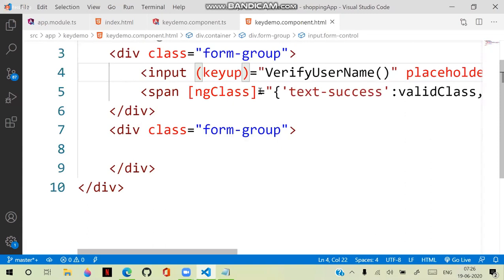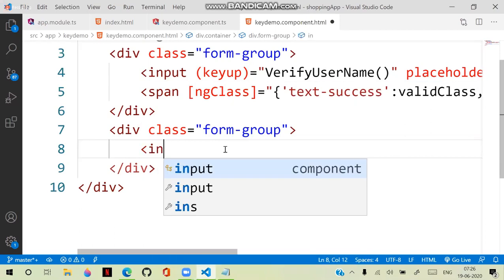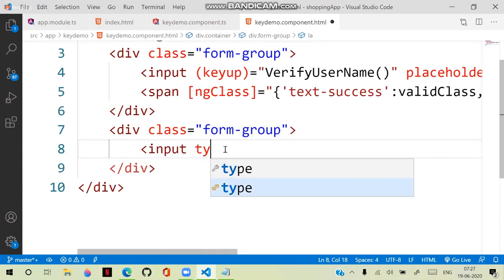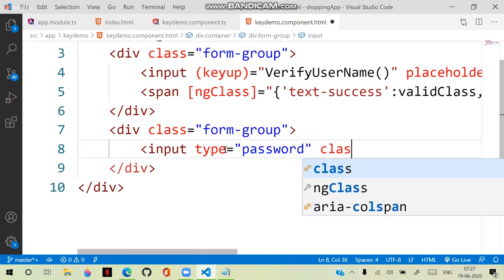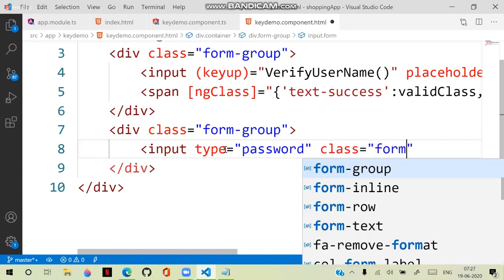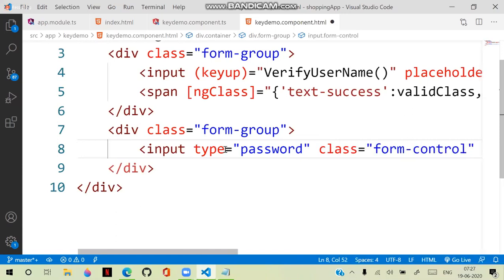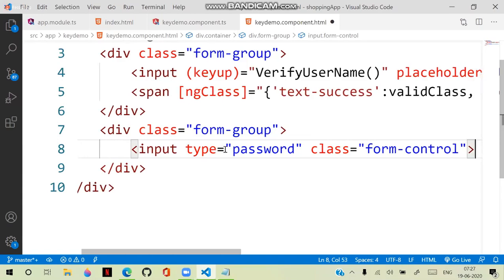And here I am defining an option like password. So input type is equal to password, and class is equal to form-control. And important